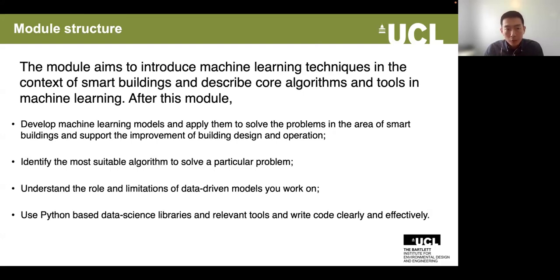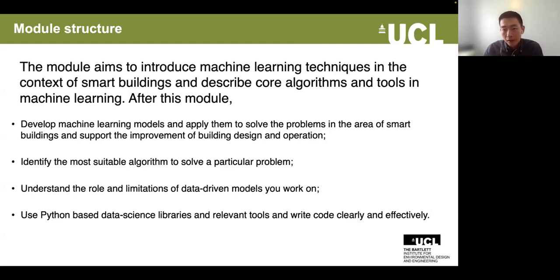Within this module, we will introduce machine learning techniques in the context of smart buildings and describe some core algorithms. We expect that after this module, you can develop your own machine learning model and apply it to solve problems in the area of smart buildings and also support, for example, building design and operation. The second expectation is that you can identify the most suitable algorithms by yourself to solve a particular problem in the domain of smart buildings. Also, I hope you can understand the role and the limitations of machine learning techniques and data-driven models